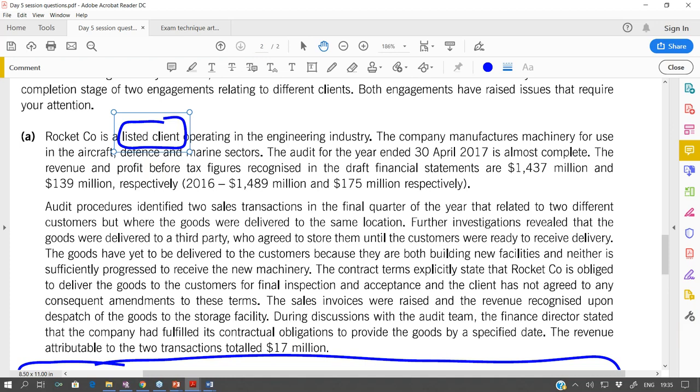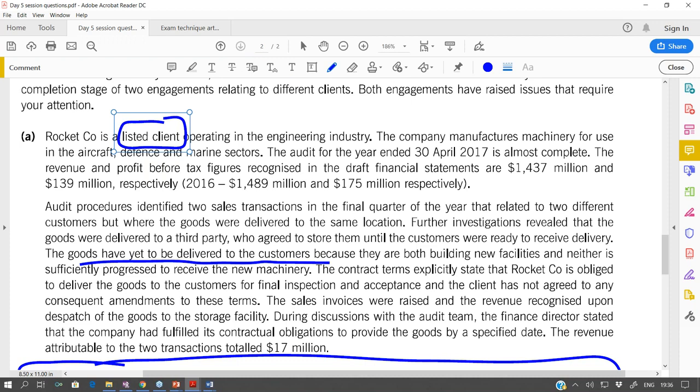So have we met the performance obligation under IFRS 15, the revenue recognition? The goods are yet to be delivered to the customer. When do we recognize revenue? When the goods are delivered to the customer. So it says the goods have yet to be delivered to the customer. So can we recognize revenue? No, because